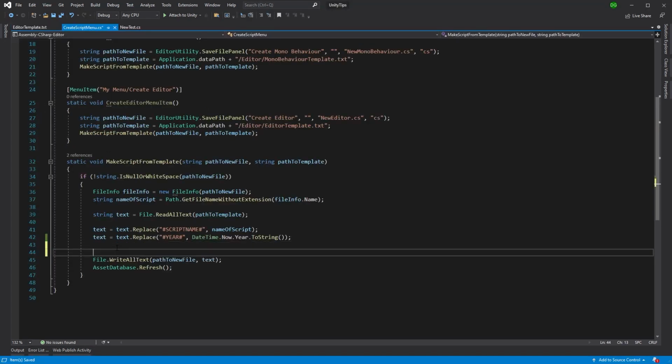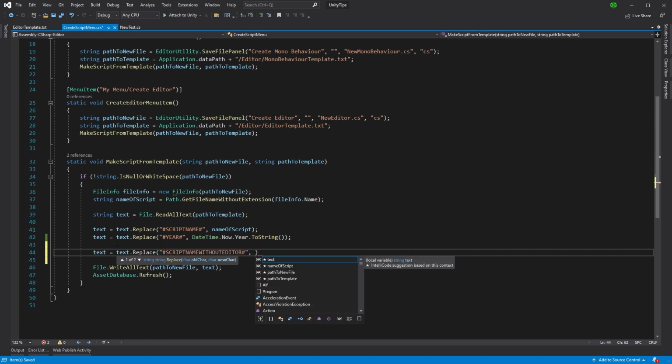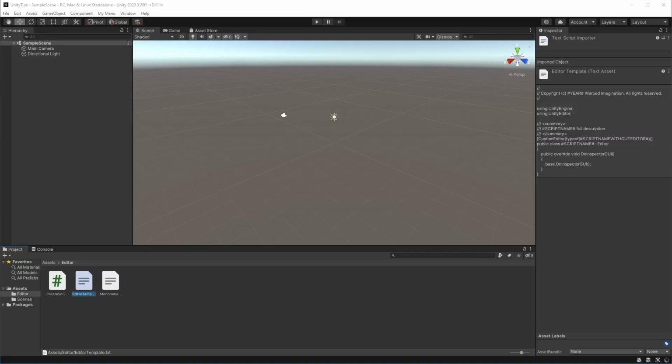So we come back into our menu, text equals text.Replace. We add in our hash, and now we want to take the name of the script, but we don't want to have any instance of Editor in it. So we can take Editor and just replace that with nothing. There we go, nice and simple. And we can close that off. And that will replace that with the editor. So now if we go back into Unity,